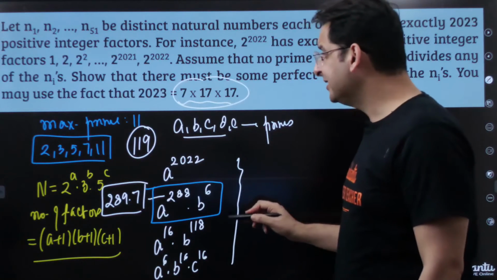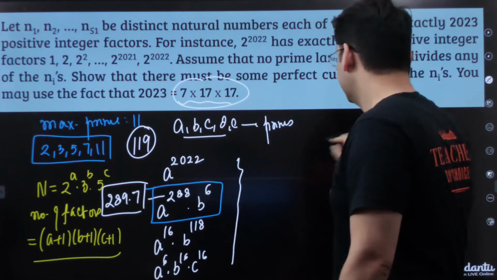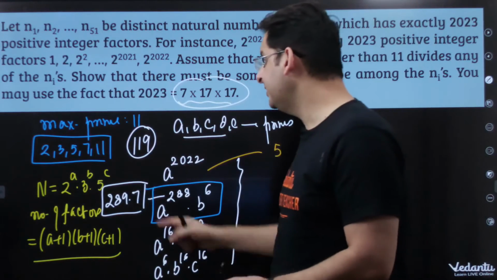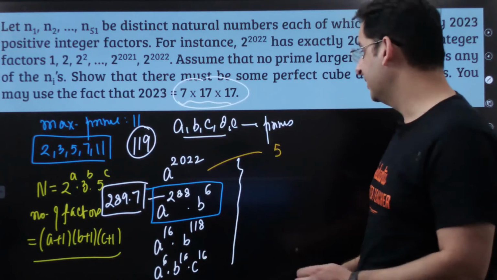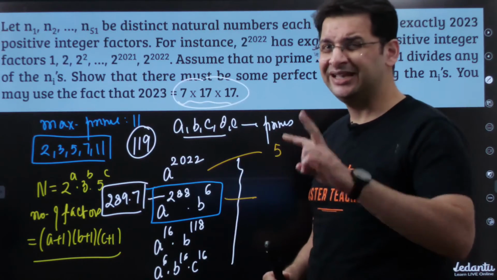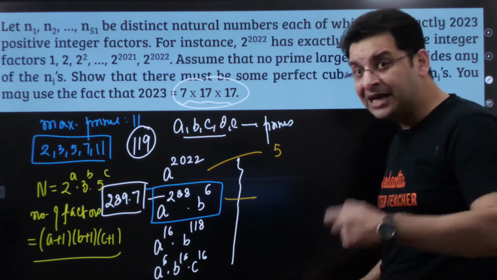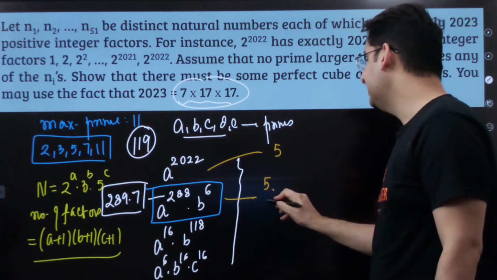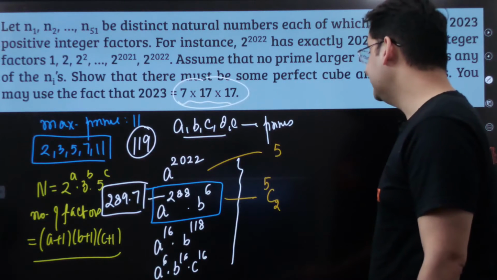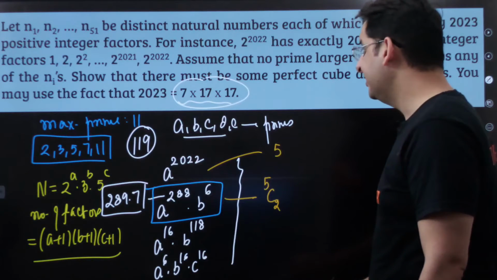So now I can say A can be any of these numbers. So again, there are 5 possible ways in which A to the power 2 can be written, where A is 2, 3, 5, 7 or 11. What about this? A to the power 288, B to the power 6. So can I say A and B are two distinct primes out of 2, 3, 5, 7, 11, which can be chosen in 5C2 ways. 5C2 is 10, but